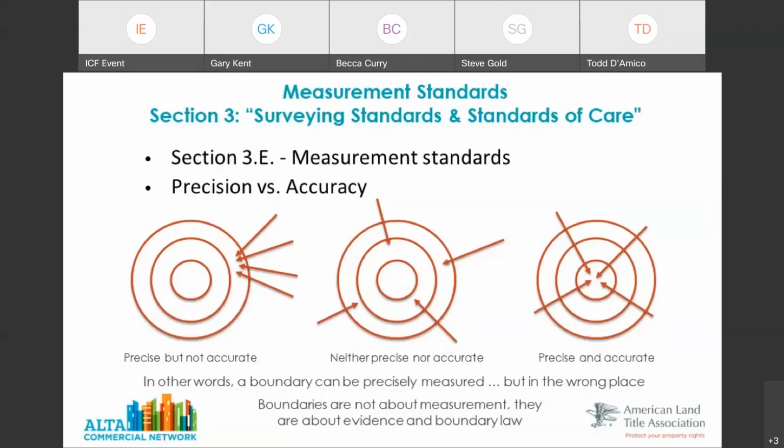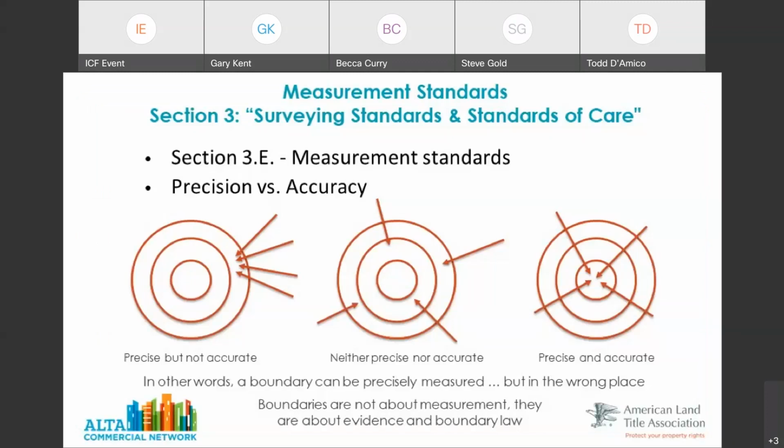So I had this slide up here yesterday, and I just want to reiterate that there is a difference between precision and accuracy. On the left, we have highly precise measurements, but they're not accurate. On the right, we have highly precise and accurate.